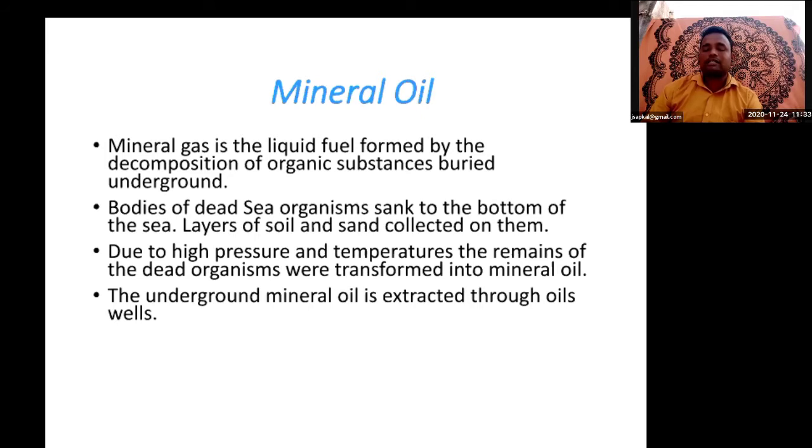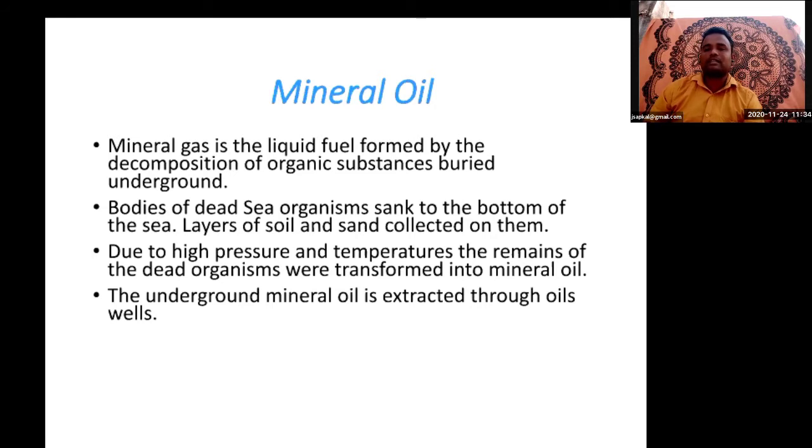See here, aviation petrol means the fuel which is used for aeroplanes. Then gasoline, diesel, petrol, that you know already. Tar is what we use to construct roads, which is black in color. So that is also obtained from petroleum, and they are used as a fuel and for the production of dyes, then pesticides, then perfumes and artificial fibers.